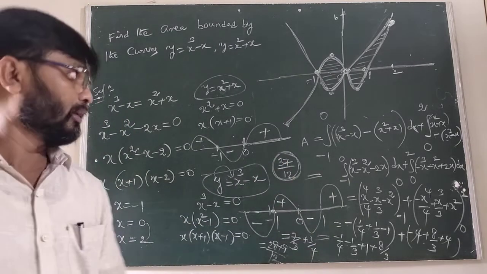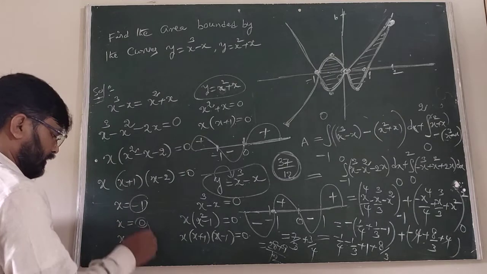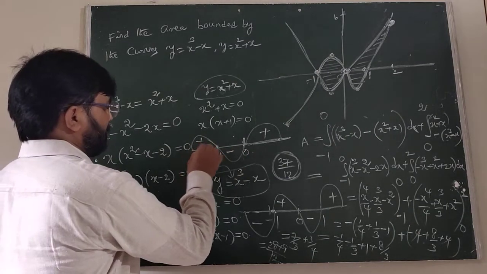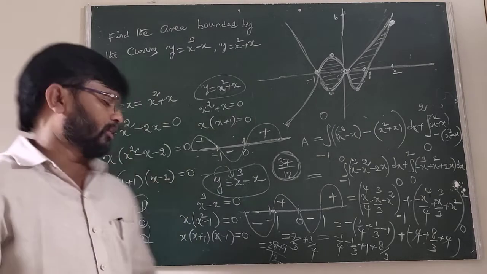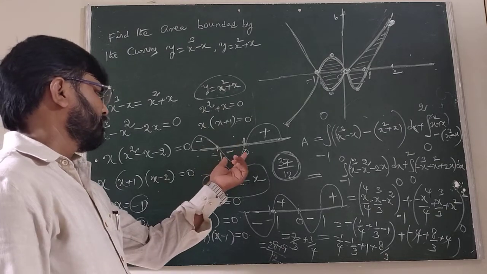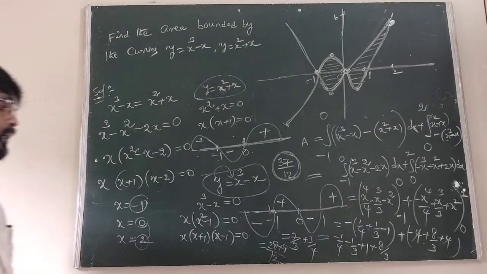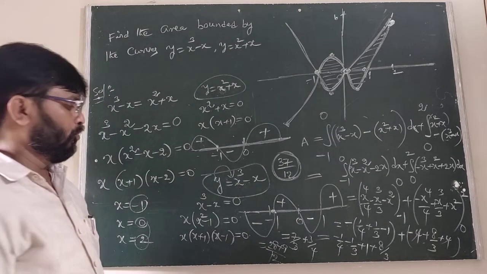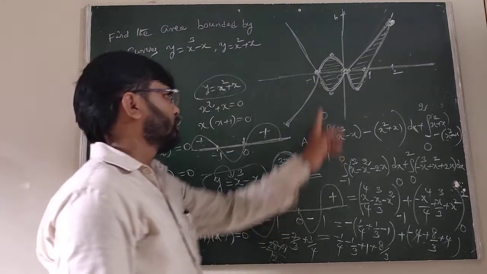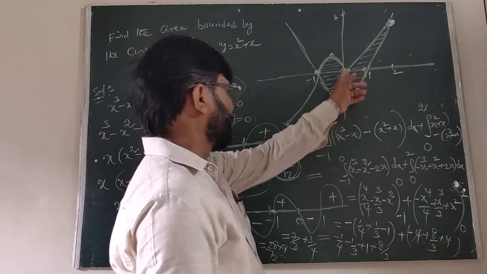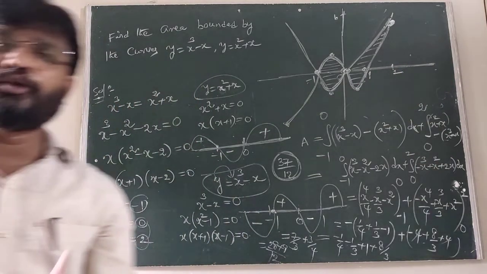So please concentrate here. The limits are very important first. And the wavy curve method, what is the use of it? You can verify the nature of the graph. That means the parabola in between minus 1 to 0 is only negative, and at all remaining places it is positive. And for the cubic curve, we can check that from minus infinity to minus 1 it is always negative, minus 1 to 0 is positive, 0 to 1 negative, and greater than 1 is always positive. That is our observation by using the wavy curve method.